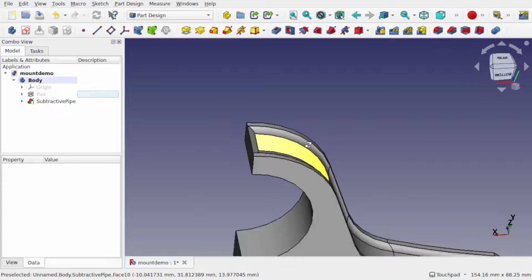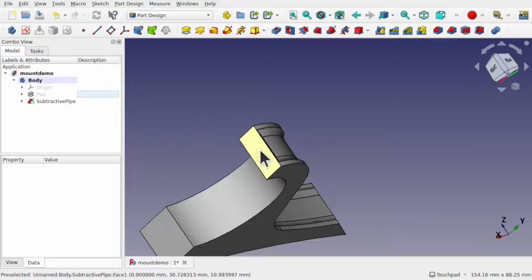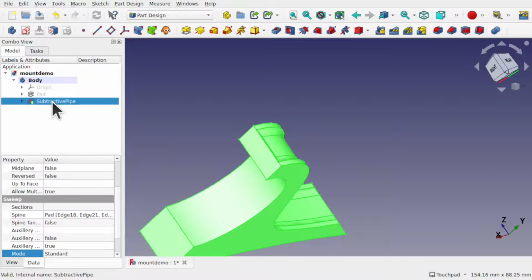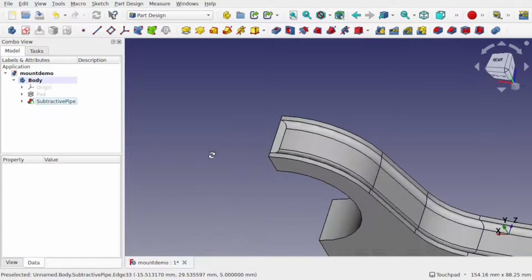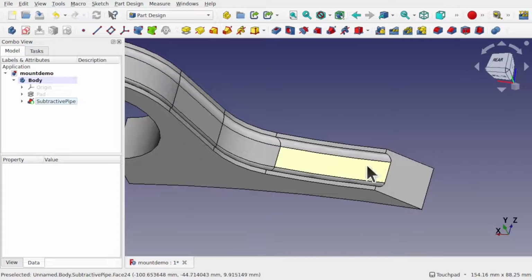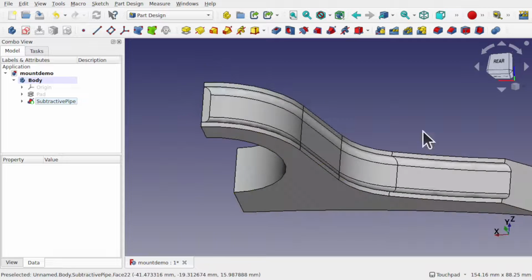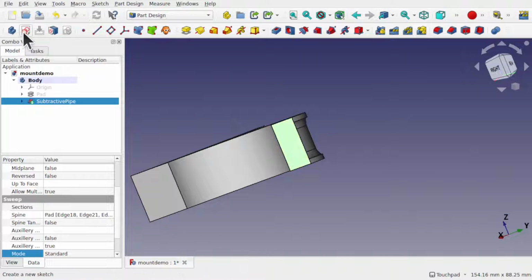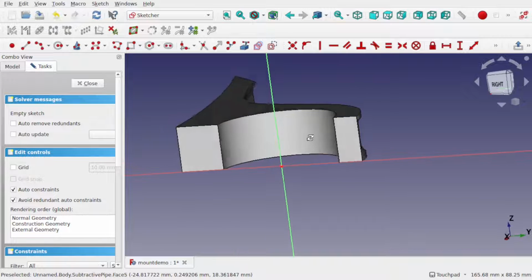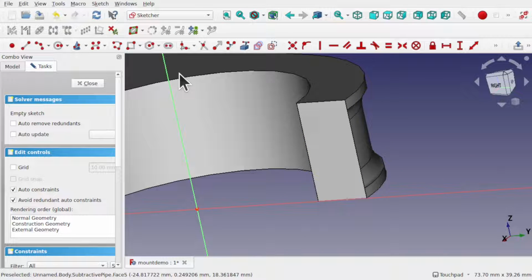Now I can create the same sketch on here and use it as an additional profile by coming into the subtractive pipe and changing the section transform to multi-section. First of all, we'll need a sketch upon here. So we need the same sketch, basically what we had here. I can copy the sketch, but it's quite easy to create that sketch on that face by clicking on that face, create a sketch. Again, I'm going to come in and pull in the 2 points,